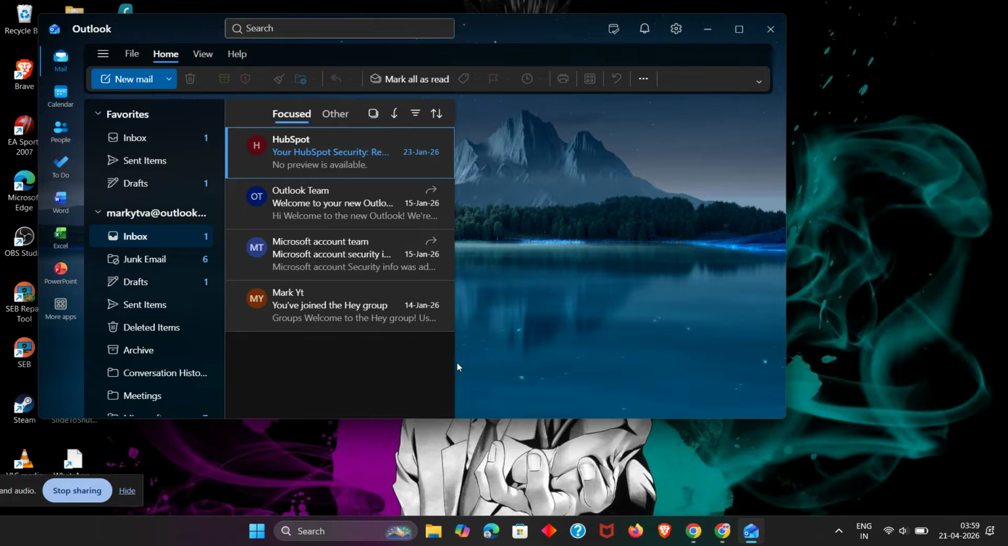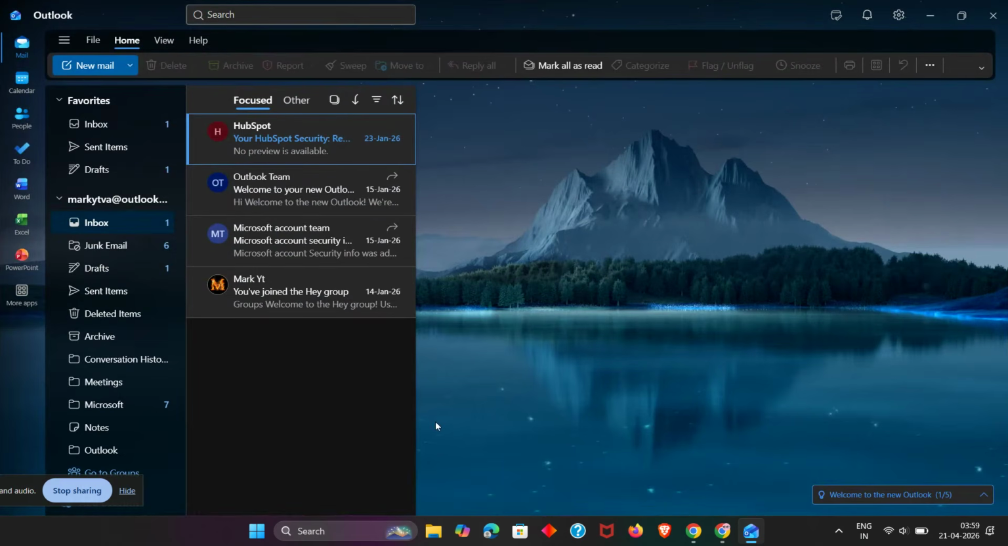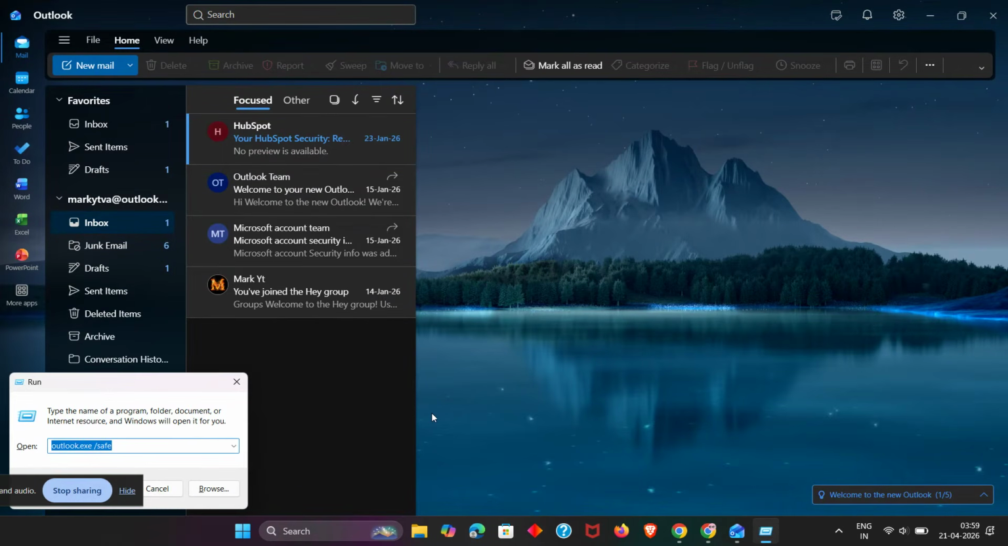But if it still gets stuck on loading profile, the next thing to try is opening Outlook in safe mode. Safe mode starts Outlook with minimal features and without certain add-ins that may be causing the issue. To do this, press Windows and R on your keyboard to open the run box. Then type outlook.exe /safe and press enter. If that does not work, you can also try searching for Outlook in the start menu